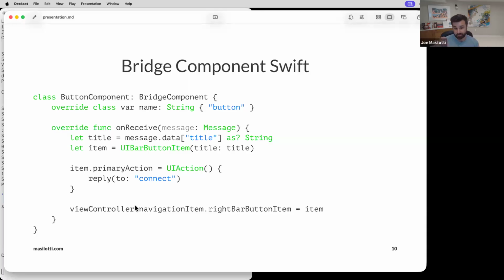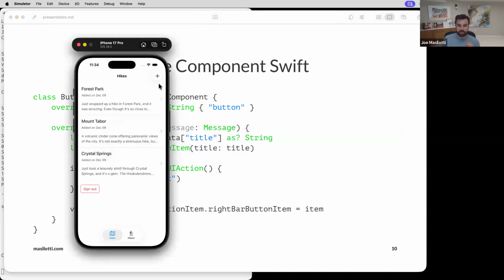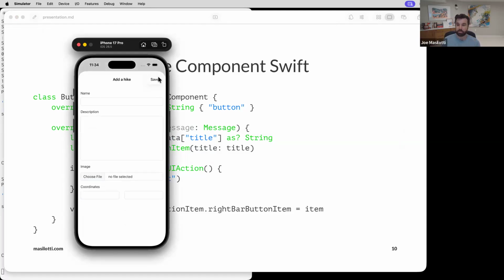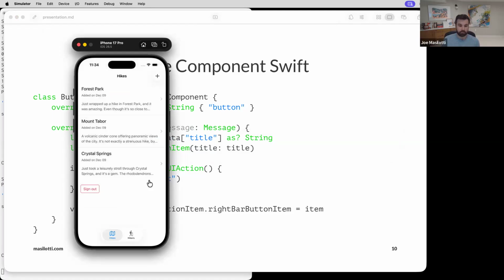All it's doing is saying, hey, create a button in the top right, name it this title, and when the user clicks it, we call connect, or we execute the JavaScript code. That's exactly what's happening for this plus button here. This is saying, hey, add a button to the right and use this name of an icon. When it's tapped, we're essentially clicking